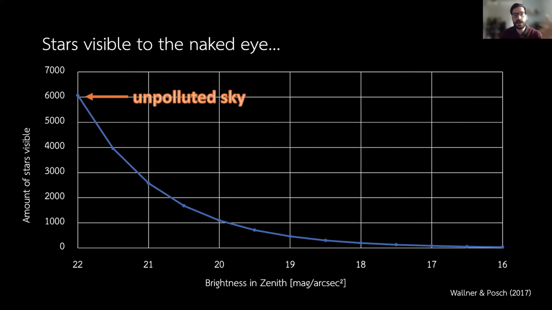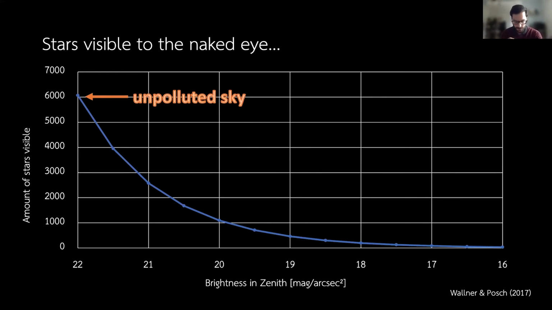And here the human eye would be able to see, valid for the Northern Hemisphere over a whole year, more than 6,000 stars. And to get a feeling, where is Vienna in this plot? We did some measurements at our observatory, the Vienna University Observatory. Maybe some of you know where we are. We are in the 18th district of Vienna at the Türkenschanze near the Aumannplatz. So we are far from the center of Vienna, and we are on a hill, so above all the street lighting of Vienna.